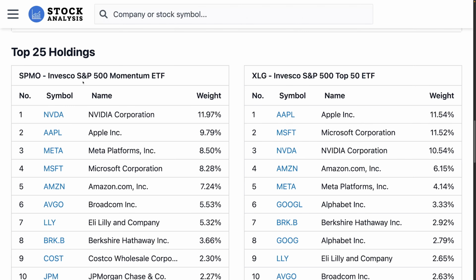Okay, the next one is the Invesco S&P 500 Momentum ETF. It has a huge percentage in Nvidia, 12% roughly. And I'm not sure when they picked this since it's momentum. Maybe after it started going up, they selected it because it wasn't the best performer. They have 9.79% Apple, Meta 8.5%, Microsoft 8.2%, Apple, Broadcom. But they do have some non-tech stocks like Eli Lilly, Berkshire Hathaway, Costco,